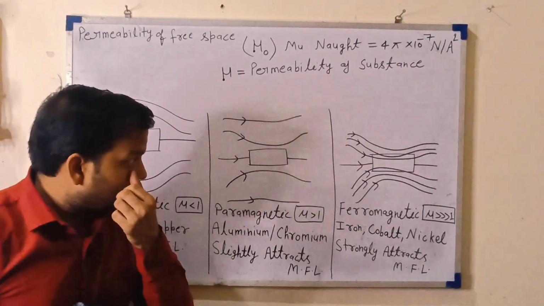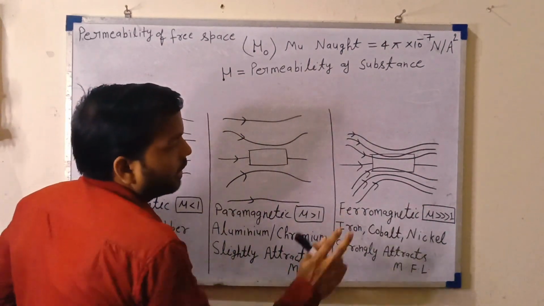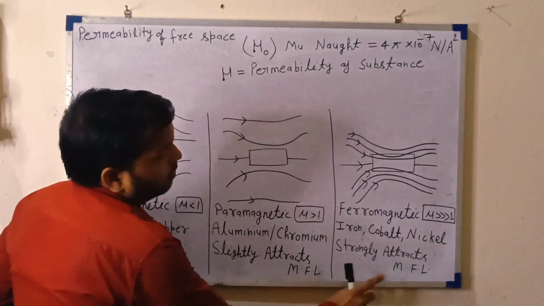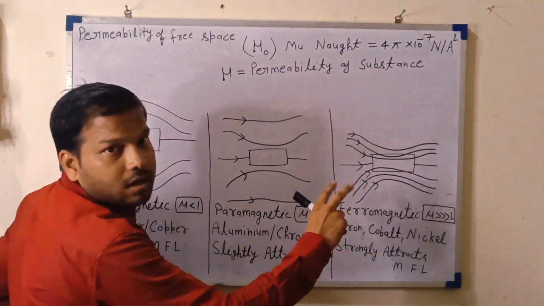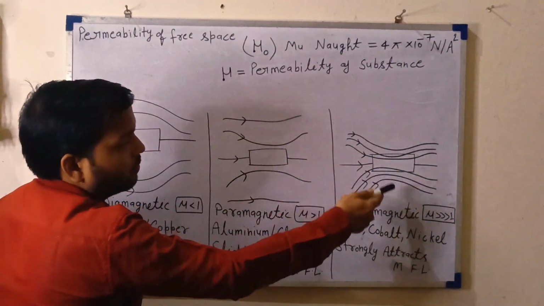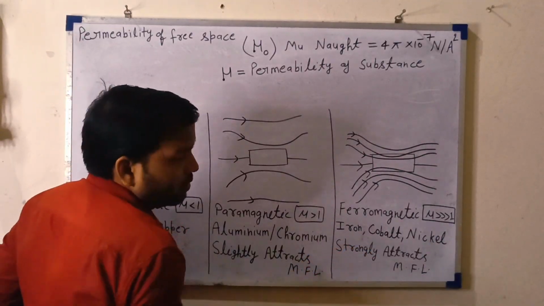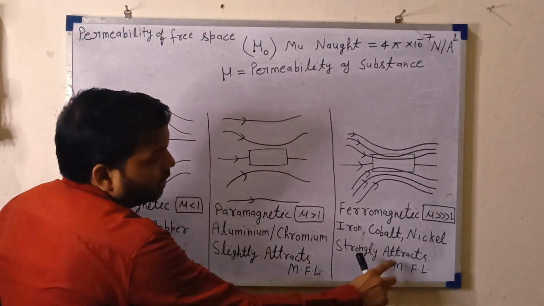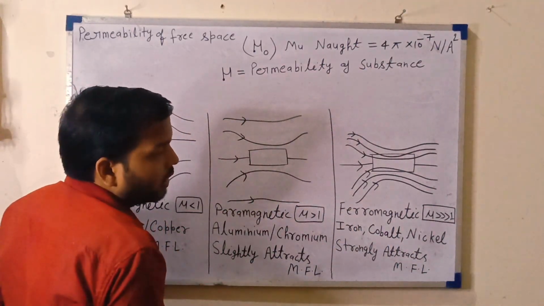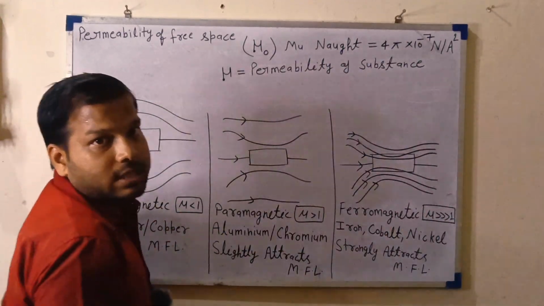Now we understand the concept of ferromagnetic materials. In this third type of material or substance, you can see in the figure a lot of magnetic field lines attracted to or passing through the substance. Examples of such kind of materials are iron, cobalt, nickel. It strongly attracts magnetic field lines, and that's why the value of permeability for such kind of substance is much greater than 1. Now as a recap,